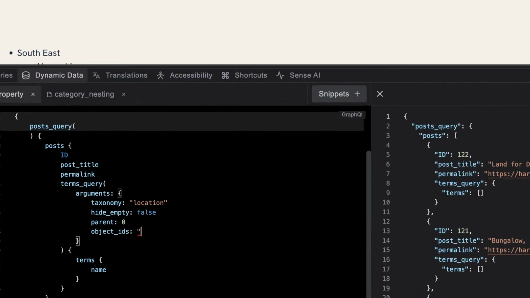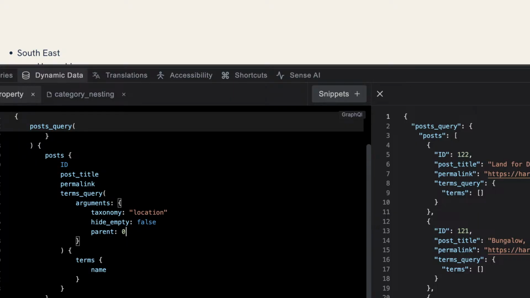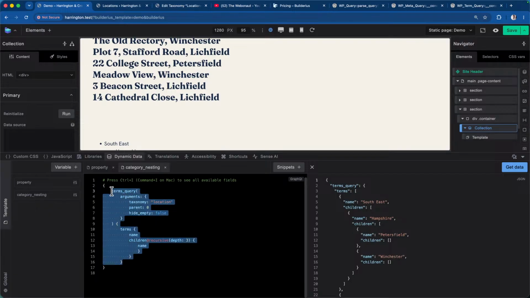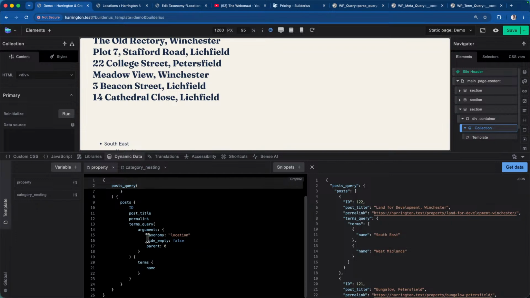Okay, let's see. Oh, expression results. Let's try that. Okay, now this is actually confusing. So let's now rely on AI to do this. Let's see what the AI will come up with. Get data. So the only thing missing now is this object IDs that's not working for us. I think every other thing will work if I put in the entire query into it. So let's go back to the other data, and then I feed it everything in here, paste,